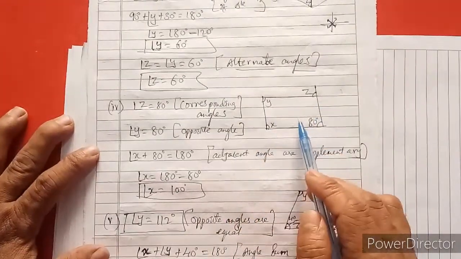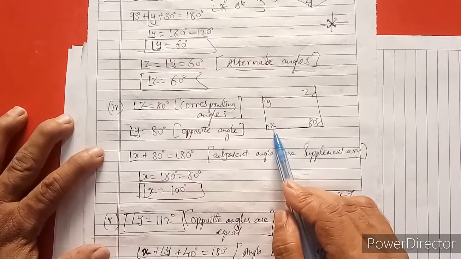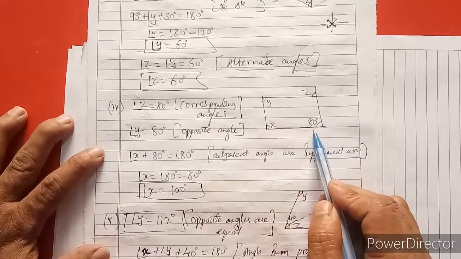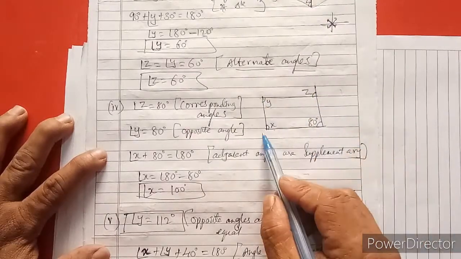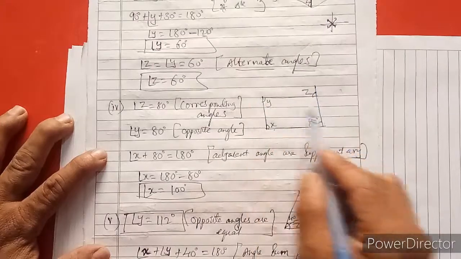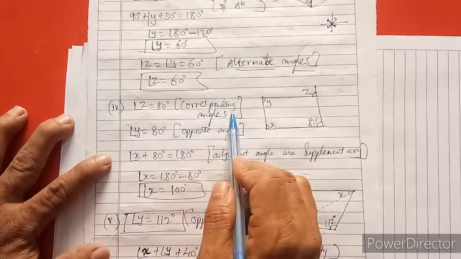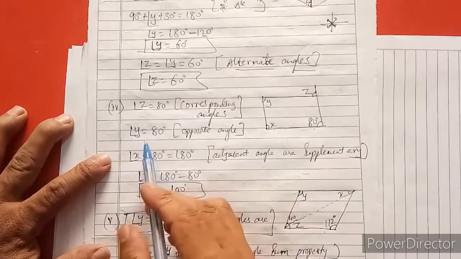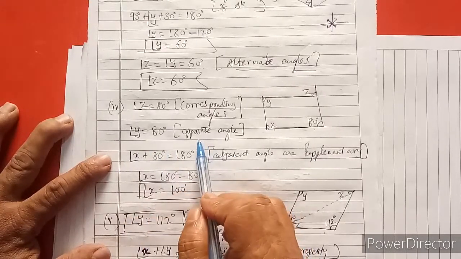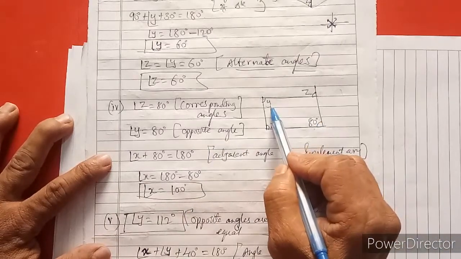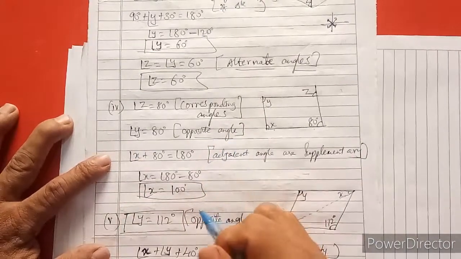Now I am going to explain the second part, the fourth one. So the given diagram, see here, angle y and angle z are exterior angles, and x is an interior angle, and 80 degrees is given here. So here you see, this angle and this angle are both corresponding angles. Angle z is equal to 80 degrees because they are corresponding angles, right? And similarly, angle y is also 80 degrees. This angle is opposite to angle y. They are both opposite angles. Then we say angle y is also 80 degrees, as the opposite angle.